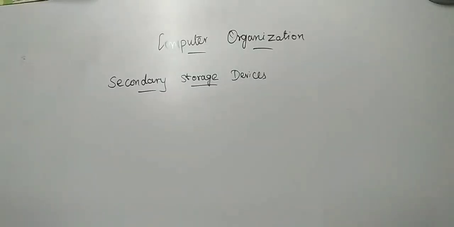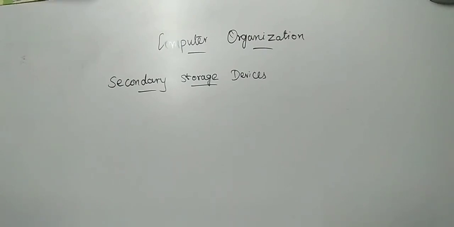Welcome back, students. We are in chapter 3, computer organization, and now we are going to cover secondary storage devices. By the term itself you can tell it is secondary, so a primary storage device is already available. So why do you need a secondary? Since you do not have enough space, you are in need of a secondary storage device.